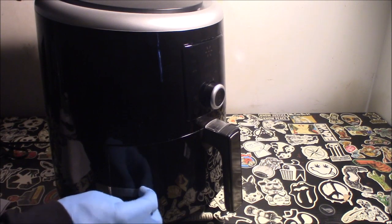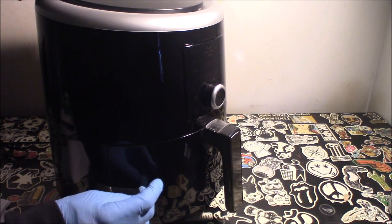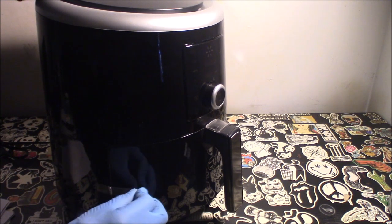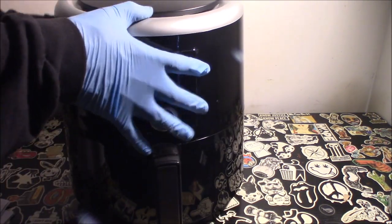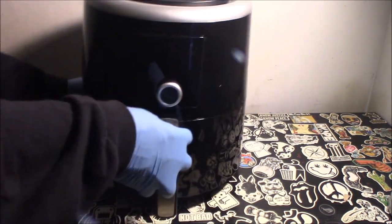And this size is actually larger than I thought it was, because when I was ordering it, it did not look this big. So it's larger than I thought it was. You can see the name on the top here. Alright,